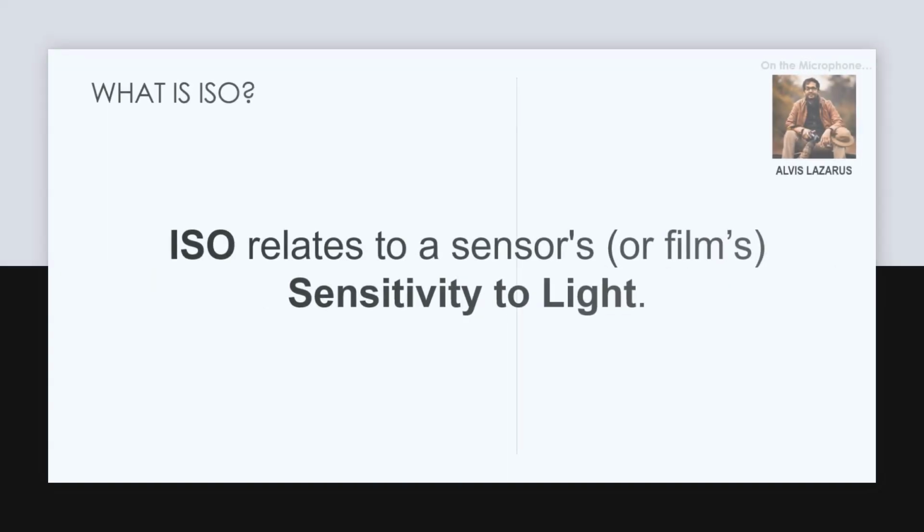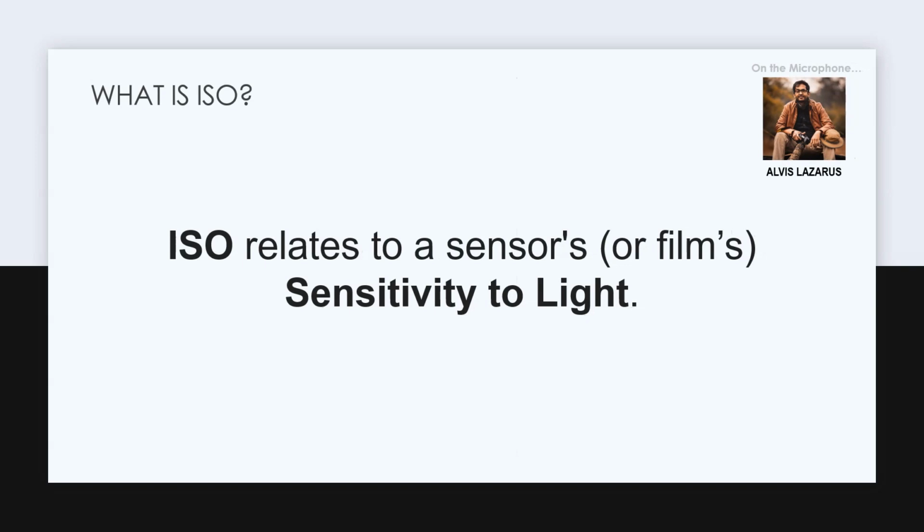So, to explain, ISO relates to a sensor's sensitivity to light. That is the definition. So don't worry about the definition. We are not here to manufacture a camera. We are here to understand a camera well and use it. So in the next slide, the examples, whatever I'm going to give you, will give a thorough understanding of what is ISO, and till the time you are in photography, you won't forget after listening to that.